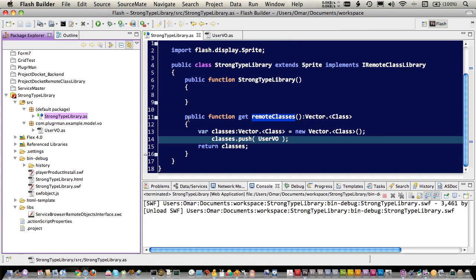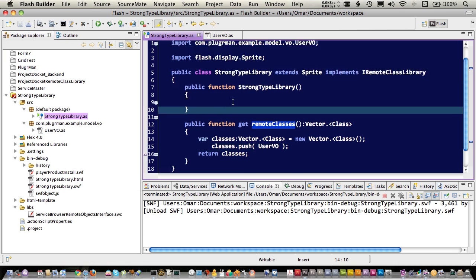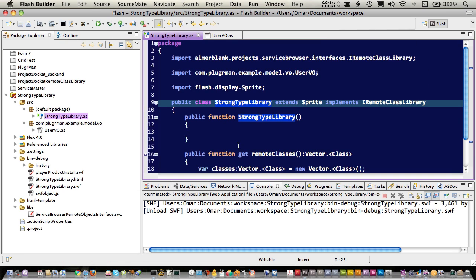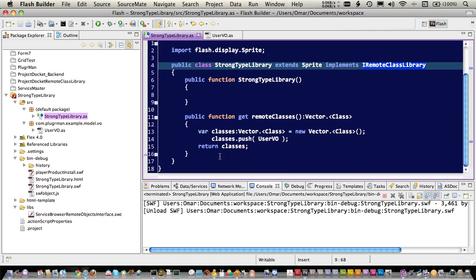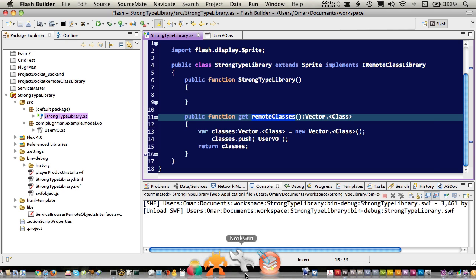I've set up this basic ActionScript project that has this class called strong type library that implements the interface IRemoteClassLibrary. This interface requires you to implement this remote classes getter, which returns a vector of class objects to PlugrMan so that PlugrMan can use these VOs and debug your API with them. Once you've set up this SWF file, now you're ready to debug with PlugrMan. I've already compiled this, and so I'm going to open up PlugrMan,